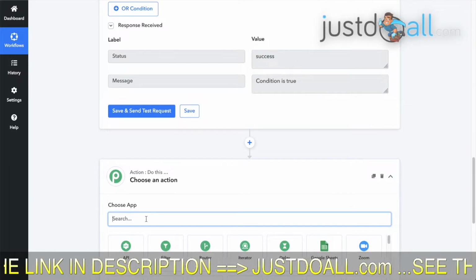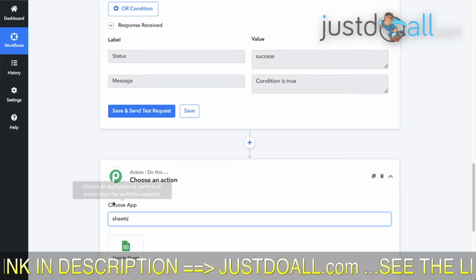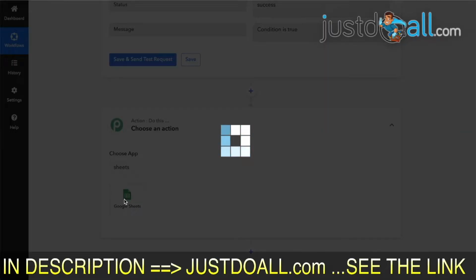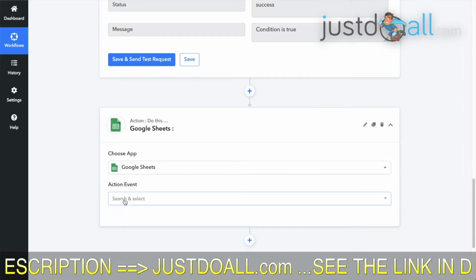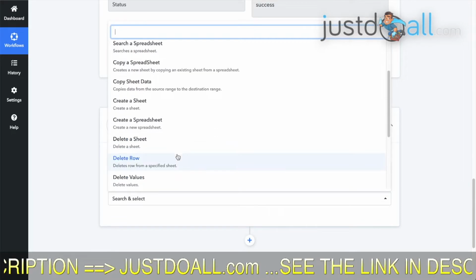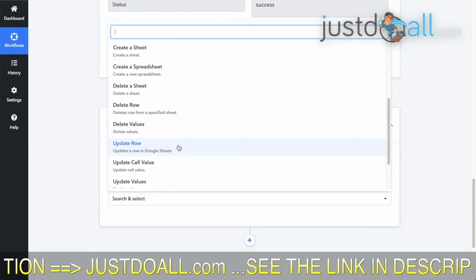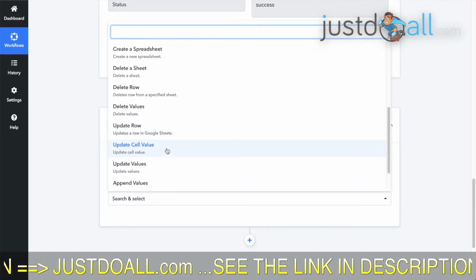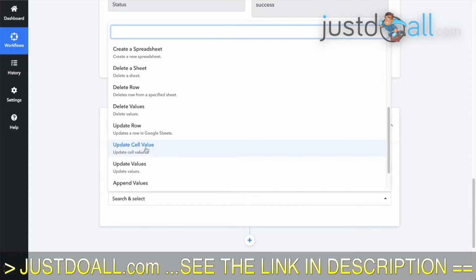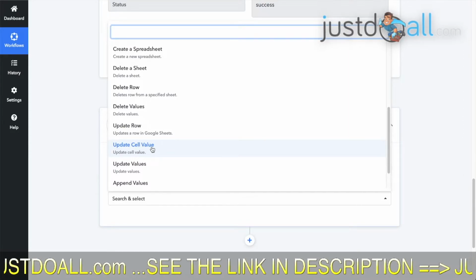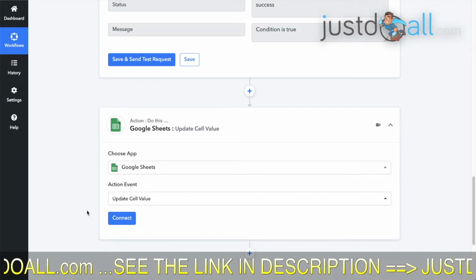To do this, we need Google Sheet again. We take this, and this time we want to update a cell or update a row. It doesn't matter, but update a cell value will be fine.